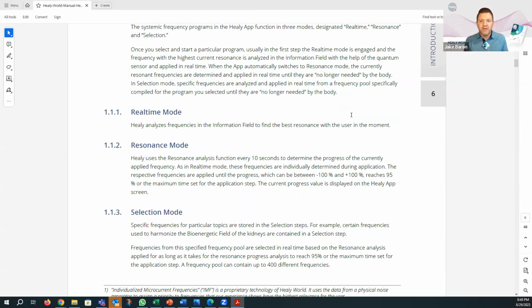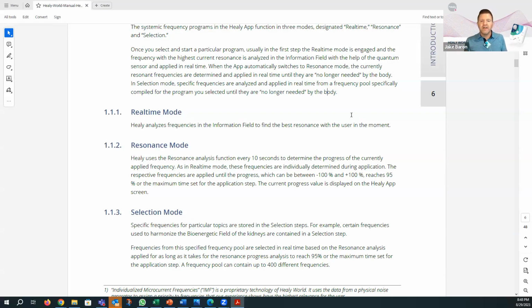So that's where it's variable as far as how long the program will run for you versus how long it might run for somebody else. Because if you're going through these frequencies, and maybe you have one that you really need, and it starts off at negative 90%, and then it loops back through the sequence, and it goes to negative 70.